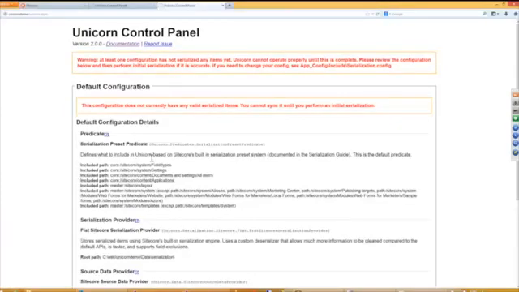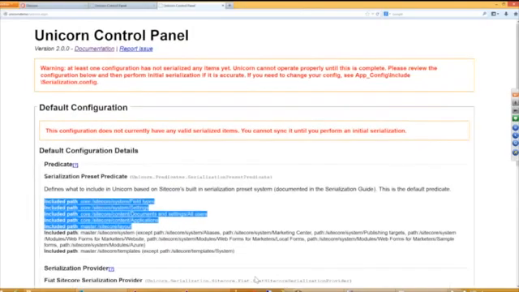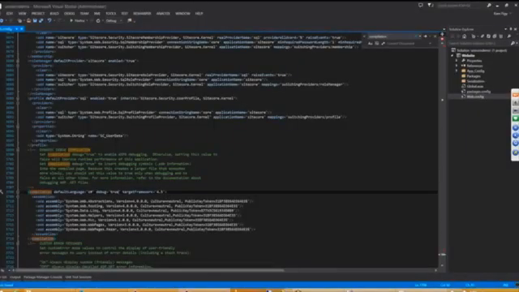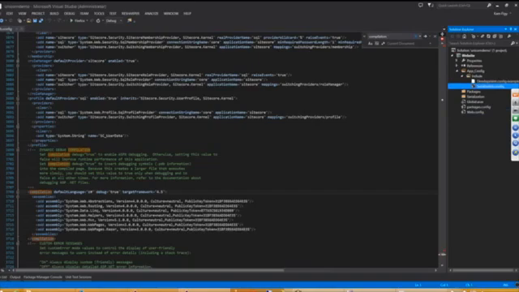So this is what you get when you first get here, and it has some big red error messages on it that, if you read them, at least hypothetically if I did my job writing correctly, suggest what you ought to do. So what we ought to do in this case, so we installed Unicorn, and now we have a configuration, and if you see here, it's actually telling us what paths inside of Sitecore it's got included by default. The defaults are actually relatively sensible, but most of the time you're going to need to go to this app config include serialization.config,